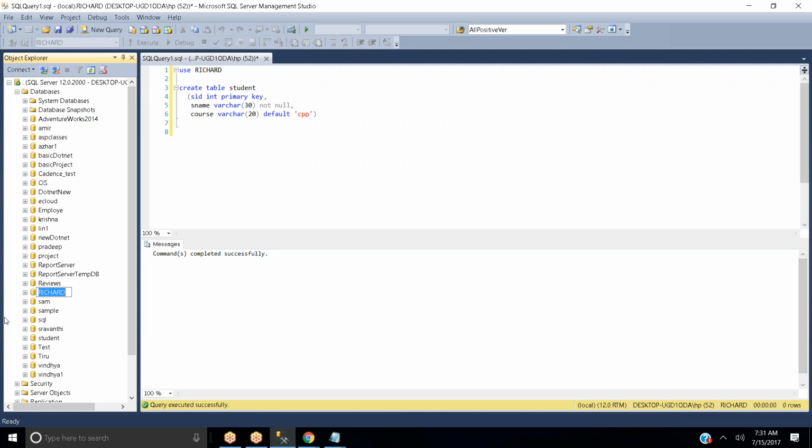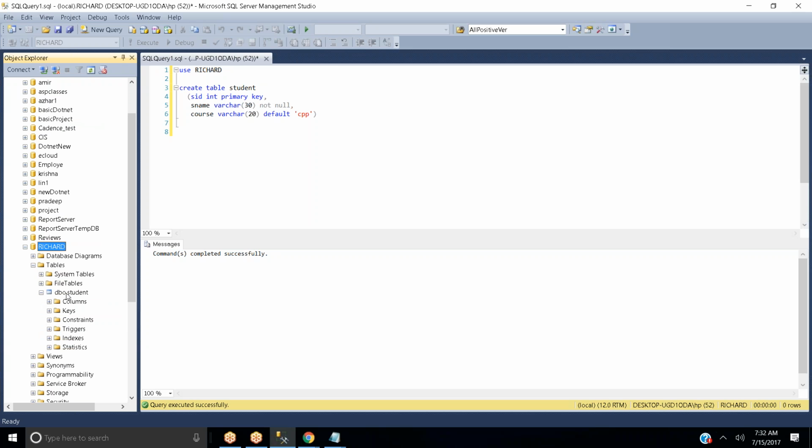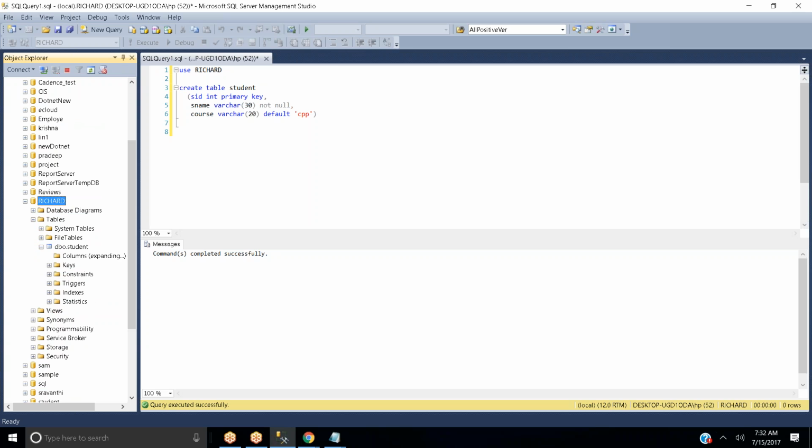Then under Richard, under tables, you can see a new table called student table. And in this student table, under columns, you can see the columns that have been created: student ID with primary key, student name, and then course.